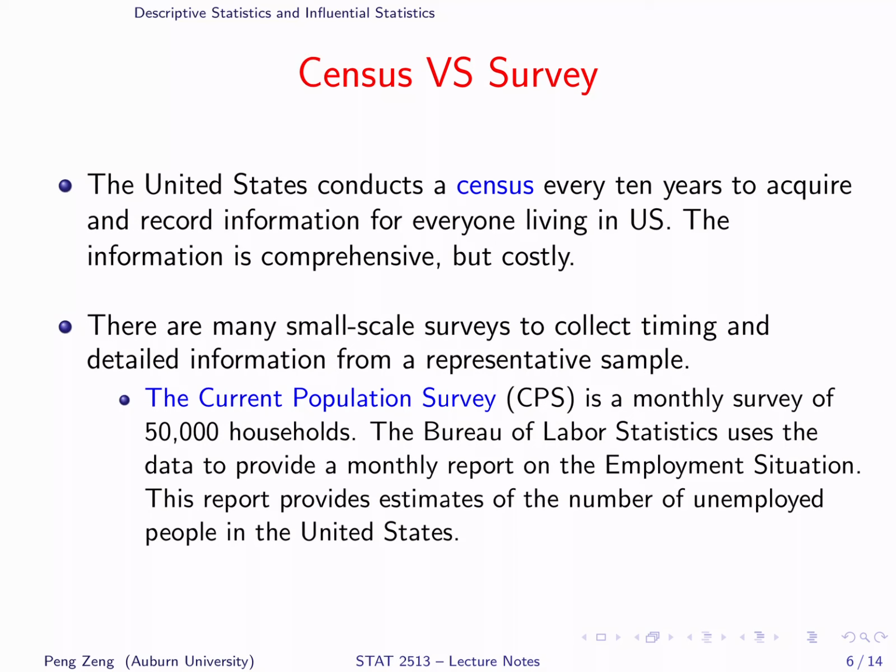However, there are many statistics behind the scenes, including how to draw a sample, how to calculate the rate, and how to assess the variability and the reliability of the result. All those efforts are used to make sure that the calculated unemployment rate is very close to the true unemployment rate of the whole US population.